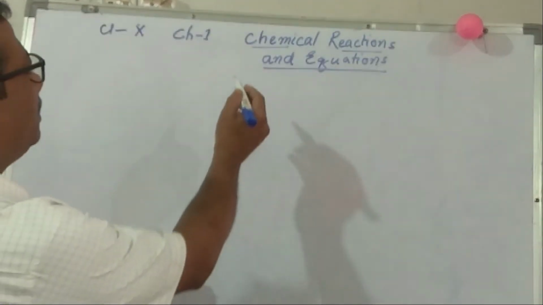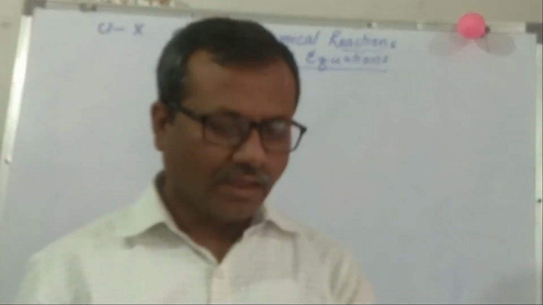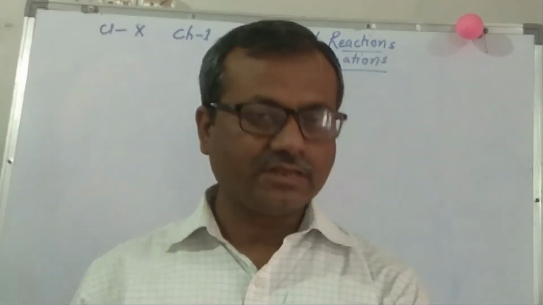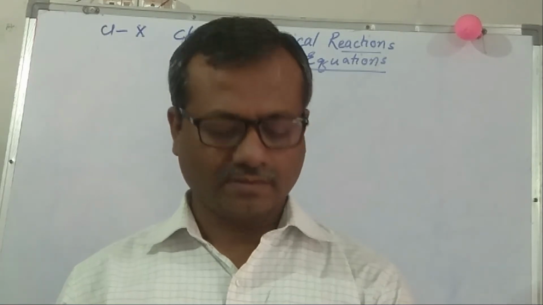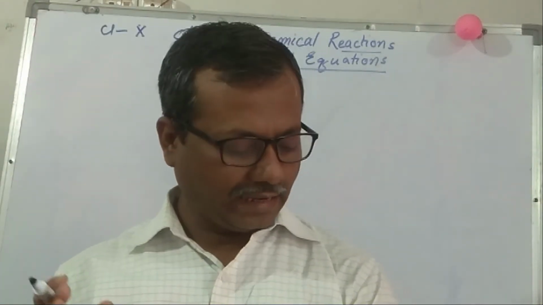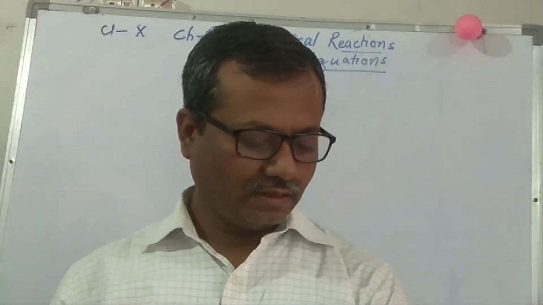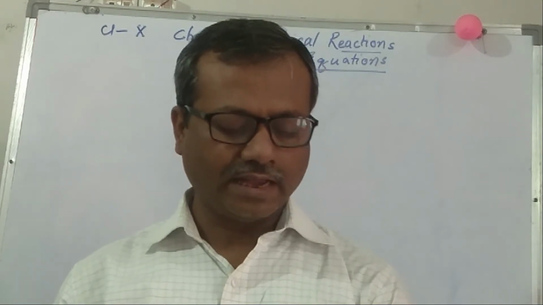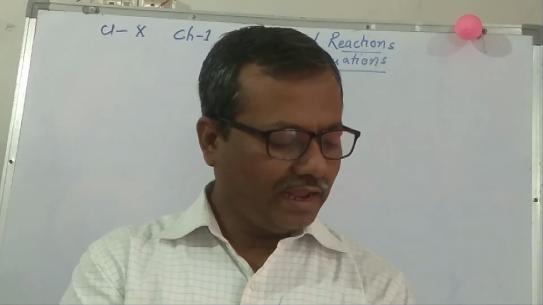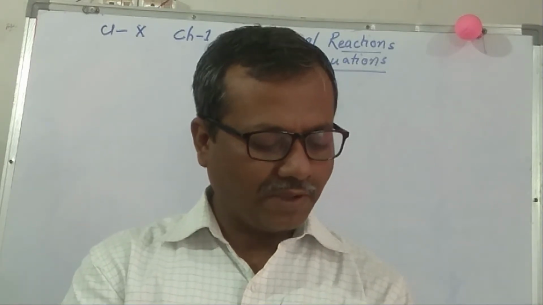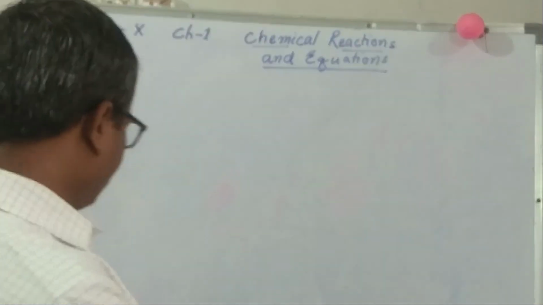So, the name of the chapter is Chemical Reaction and Equation. Whenever a chemical change occurs, we can say that a chemical reaction has taken place. How do we come to know that a chemical reaction occurs? We can say that any of the following observations help us to determine whether a chemical reaction has taken place or not. The steps are: